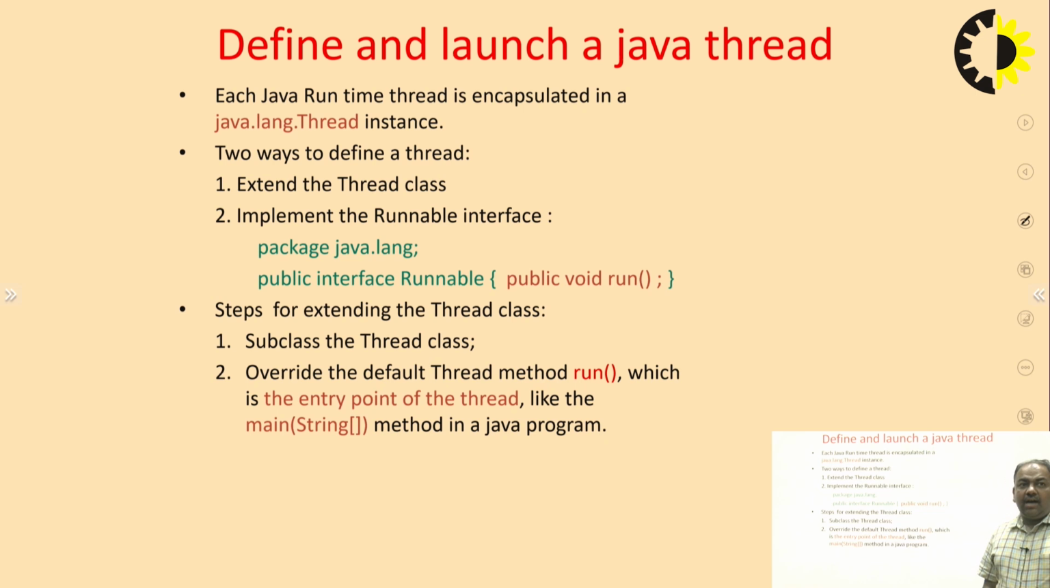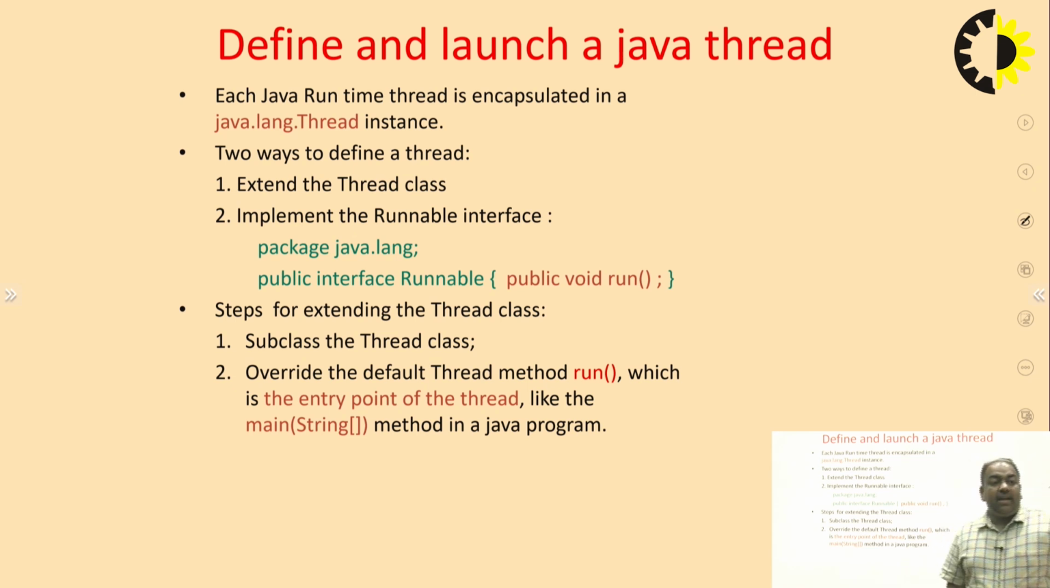Next, how will we launch a Java thread? For Java thread launching, we need a package which is java.lang.Thread, and we use two ways to define a thread. First is to extend the Thread class, and second is to implement the Runnable interface. For this we need the package java.lang, and the interface we call public interface Runnable. For extending the Thread class, we need a subclass of the Thread class and override the default thread method